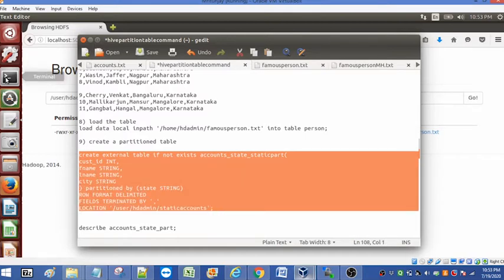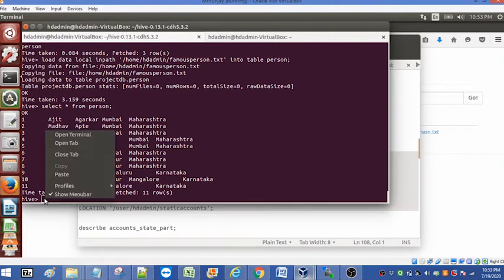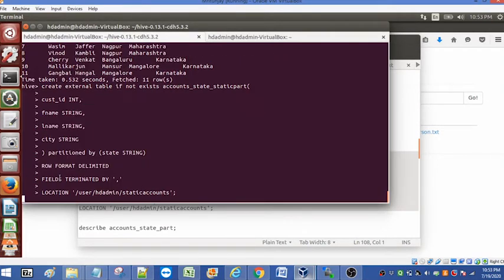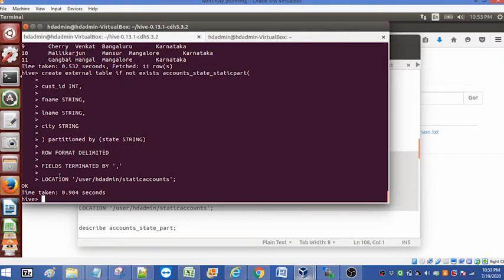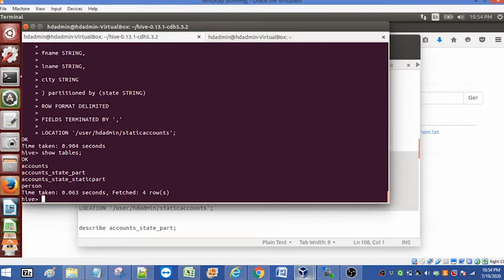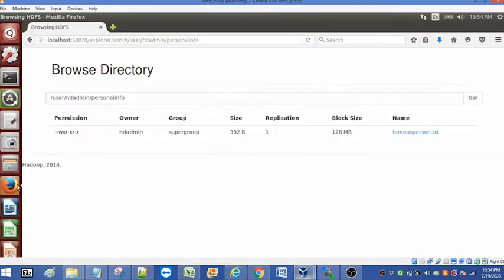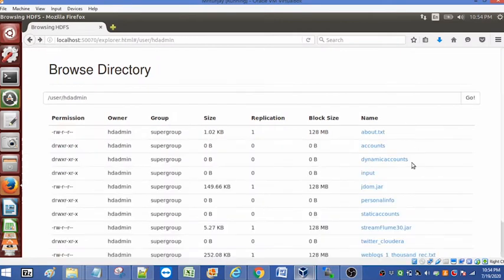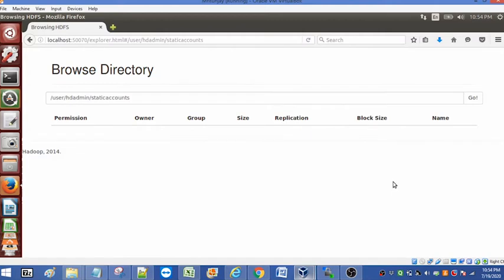Go to the prompt and create it. Static part is created. Now you can go and browse it. Static account, this is the location.